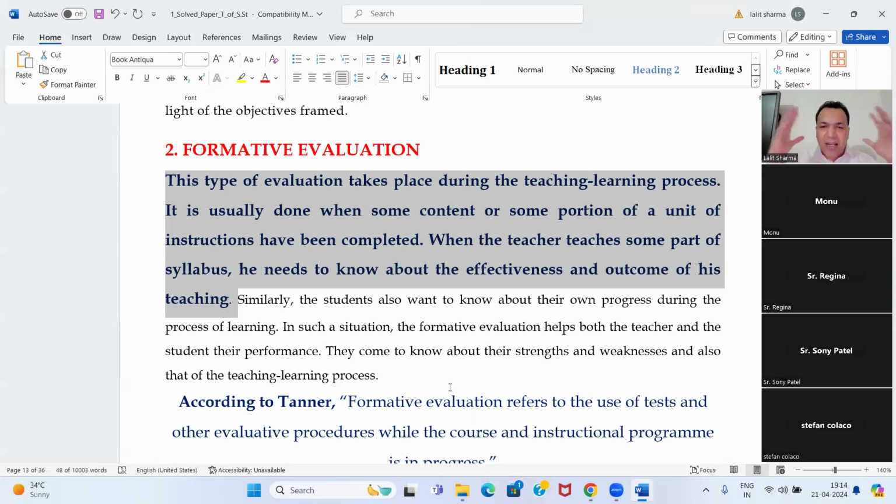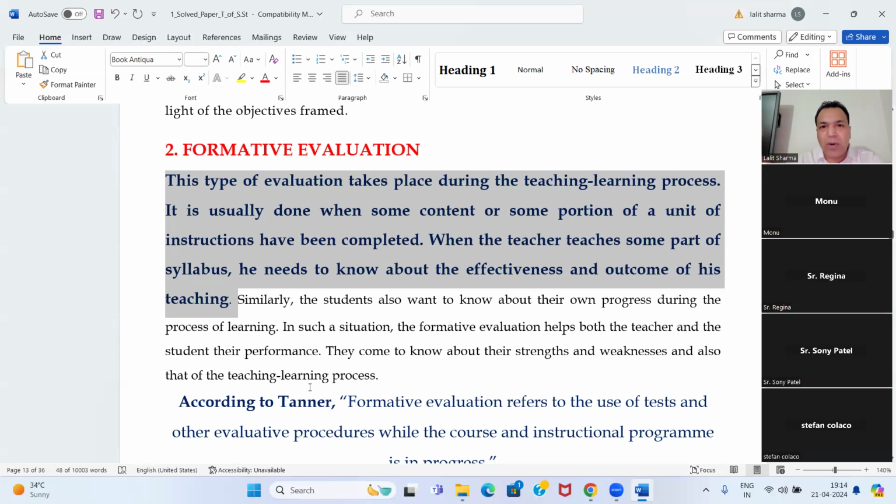Okay, whether the student has understood or not. Then you will come to know that if the student has understood, then you go ahead like that. If the student didn't understand, then you will come to know that, okay, I have to change my method also. So that your purpose is to create the full personality of the student. Whatever content you are teaching in the class, it should be understood by the student. This is your duty. Your duty is not to finish the syllabus. Got it? So this is the formative evaluation which starts during the teaching learning process.